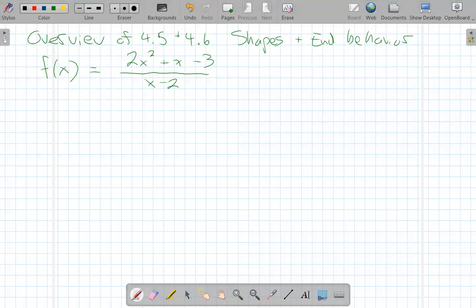So we're going to take into account what we learned from a variety of sections, in particular 4.5 and 4.6 about shapes and limits with infinity, which relate to the end behavior on graphs. And to do that, we need to look at the first derivative test, second derivative test, and then take some limits. But before we do any of that, we really ought to know the domain of the function